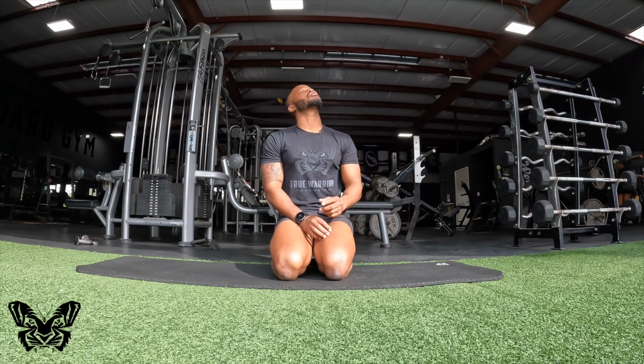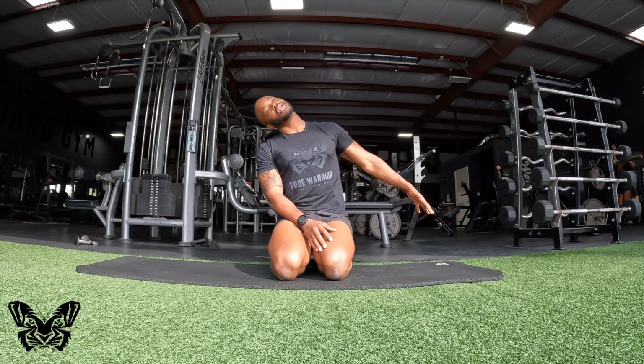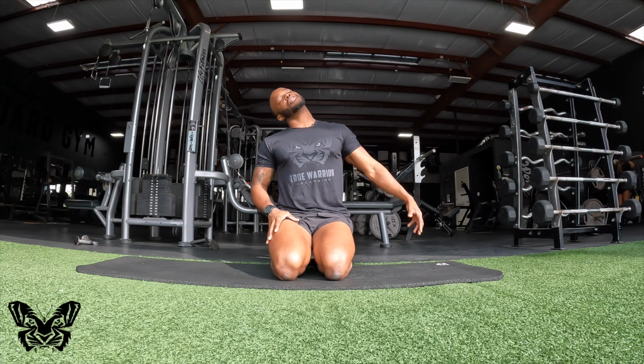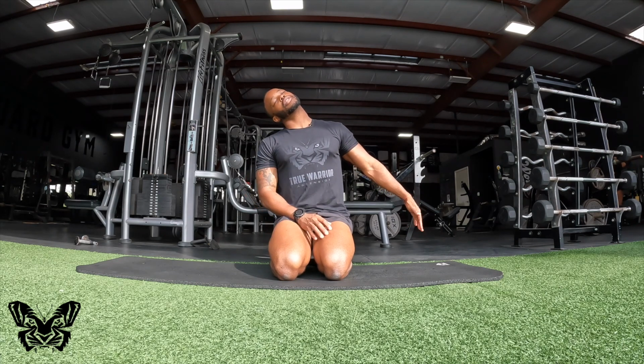All right, go to the other side. Go ahead and give it a nice little roll out. Head to the other side and reach. I need to stay up right here. And I like this additional stretch here in the quads as well. If you're seated, you might not feel it that way, but